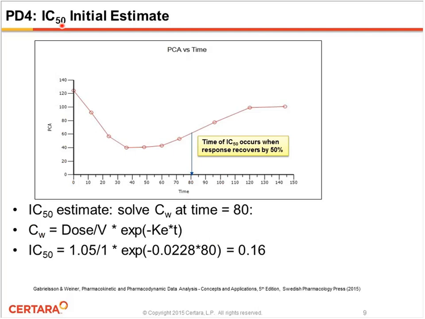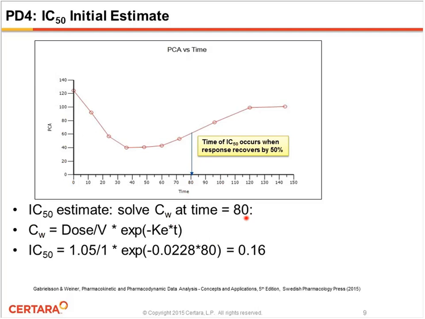Okay, for the IC50, that's another parameter in the turnover model. And if you look at the original exploratory plot, the time of IC50 occurs when the response recovers by 50%. So this is in the offset portion. So this time, to get an estimate for IC50, what we'll do is we'll solve the warfarin concentration function at